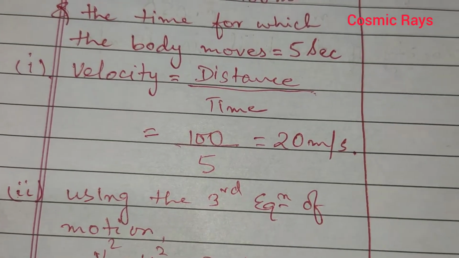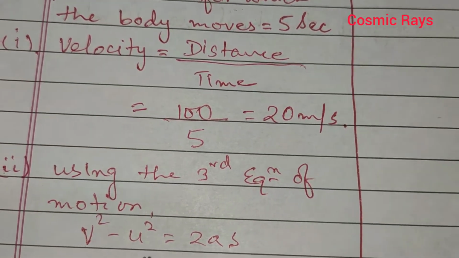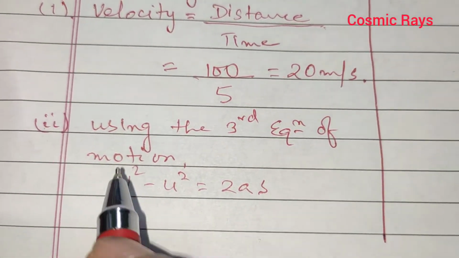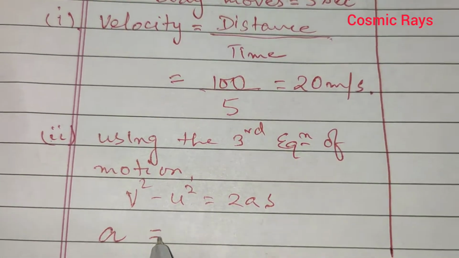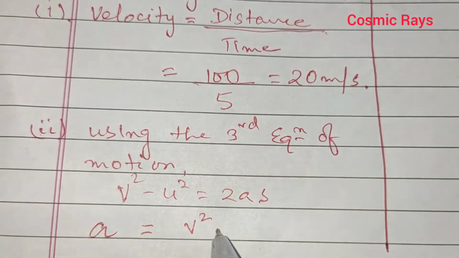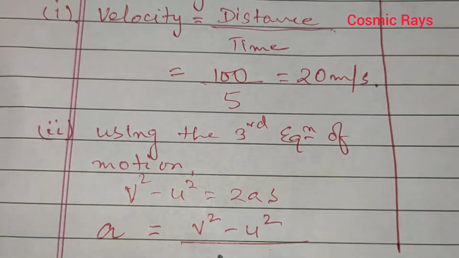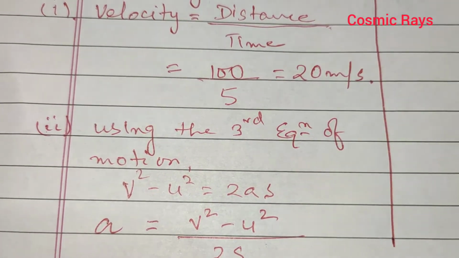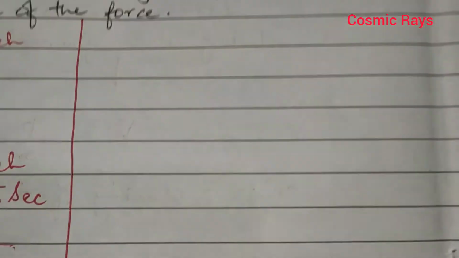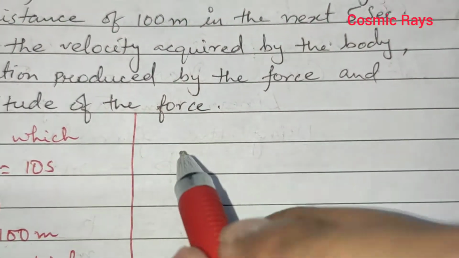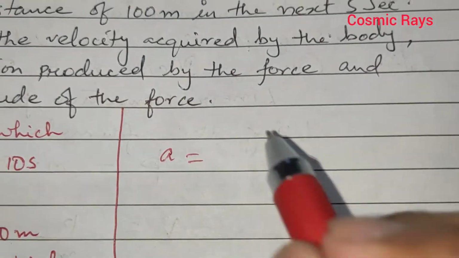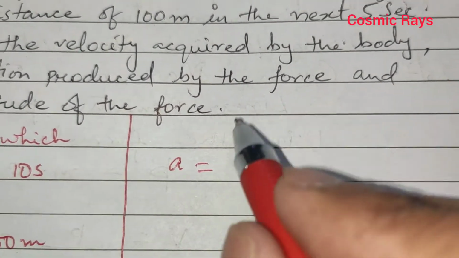So we have to find the acceleration. So we convert this equation in terms of acceleration. So acceleration from here would be v square minus u square upon 2s. So now we will simply put the value. So after we put the value, we will get a is equal to, that is acceleration is equal to velocity